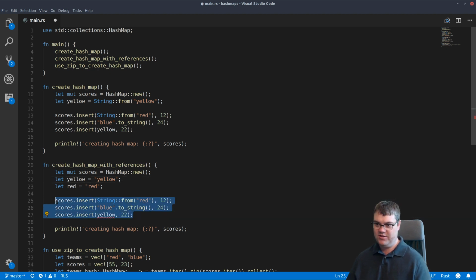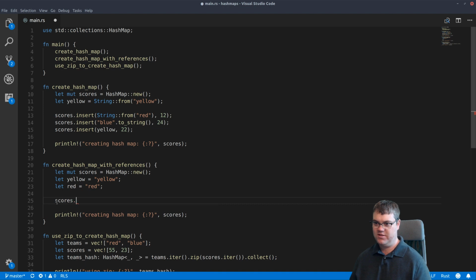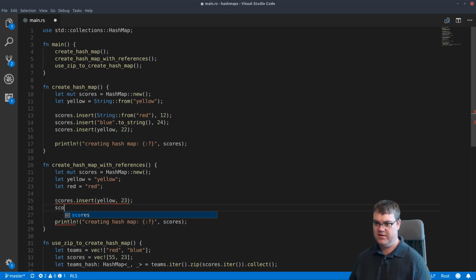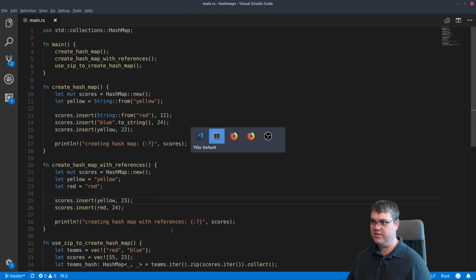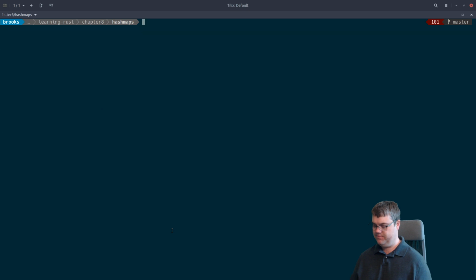We're just going to scores.insert yellow, like a random number, and scores.insert red and a random number. Creating hash maps with references. Yeah, that looks like it works. So if we run this,